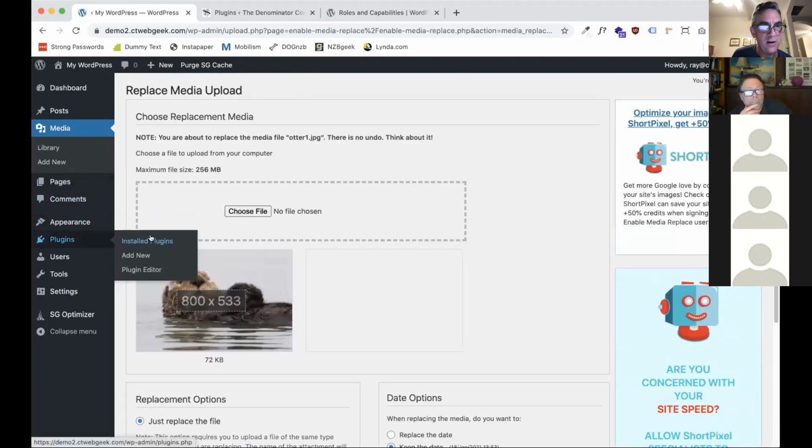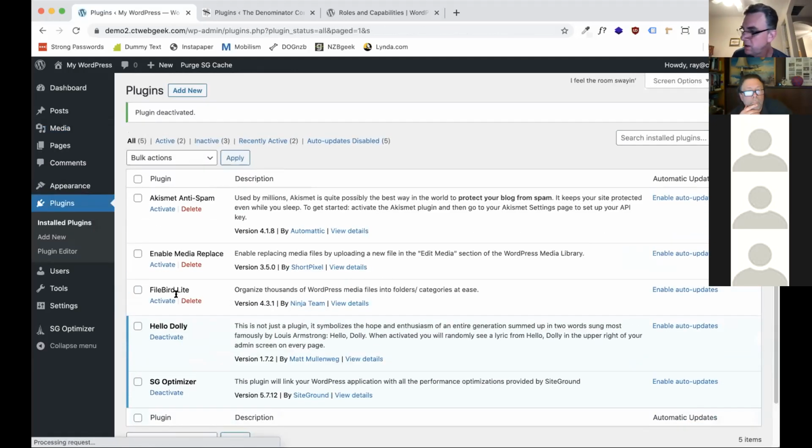So let me turn that off, go back and quickly deactivate. I wanted to show you that: Filebird and Enable Media Replace. Some other quick things